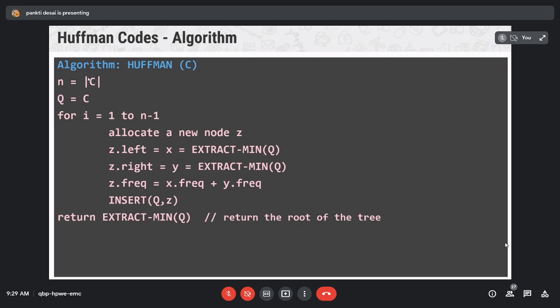Kushal sir already explained the analysis part in a very good manner. He already explained all the analysis of sorting and searching algorithms very clearly. So now you can find out the time complexity for any algorithm given to you. Here I already told you how many times this loop will execute. So tell me Huffman's algorithm time complexity.